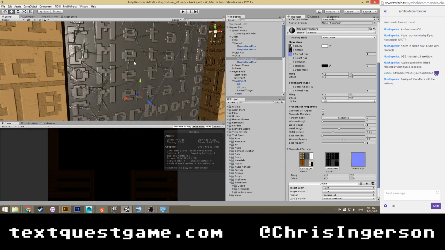I kind of lean towards nice metal, but I mean it's foot traffic. It's going to be rusted and scuffed up. It's not going to be scratched. Scratching happens to walls.